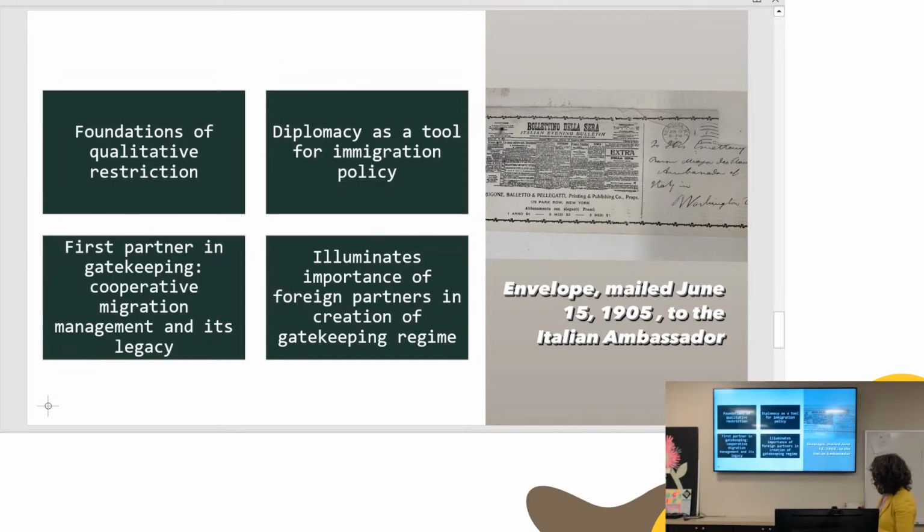This is obviously a letter sent to His Excellency, the Baron Mayor de Planch, Ambassador of Italy in Washington, D.C., sent from New York on June 15, 1905, from the Bollettino della Sera, an Italian language newspaper published in New York. You can subscribe for 1 year for $4. And keep in touch, right, with the needs of your community. These newspaper clippings, which are not preserved in any significant repository in the United States, give us that insight of how the Italian government and how Italians were experiencing conditions here in the United States and challenges to their freedom to move.